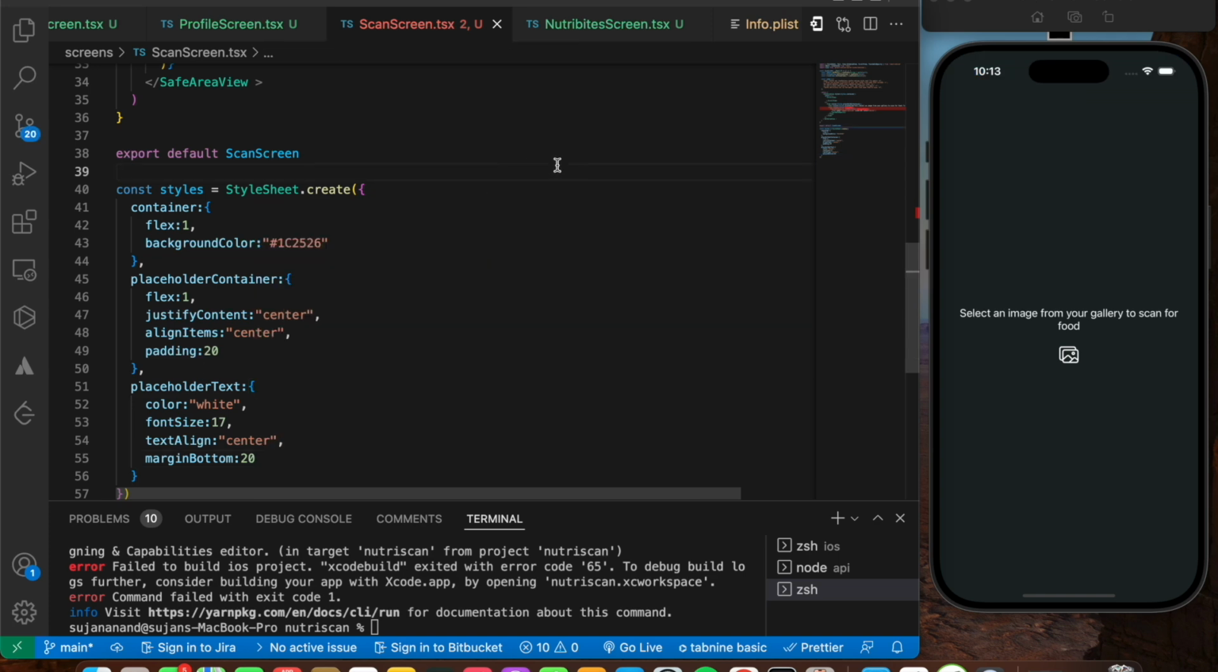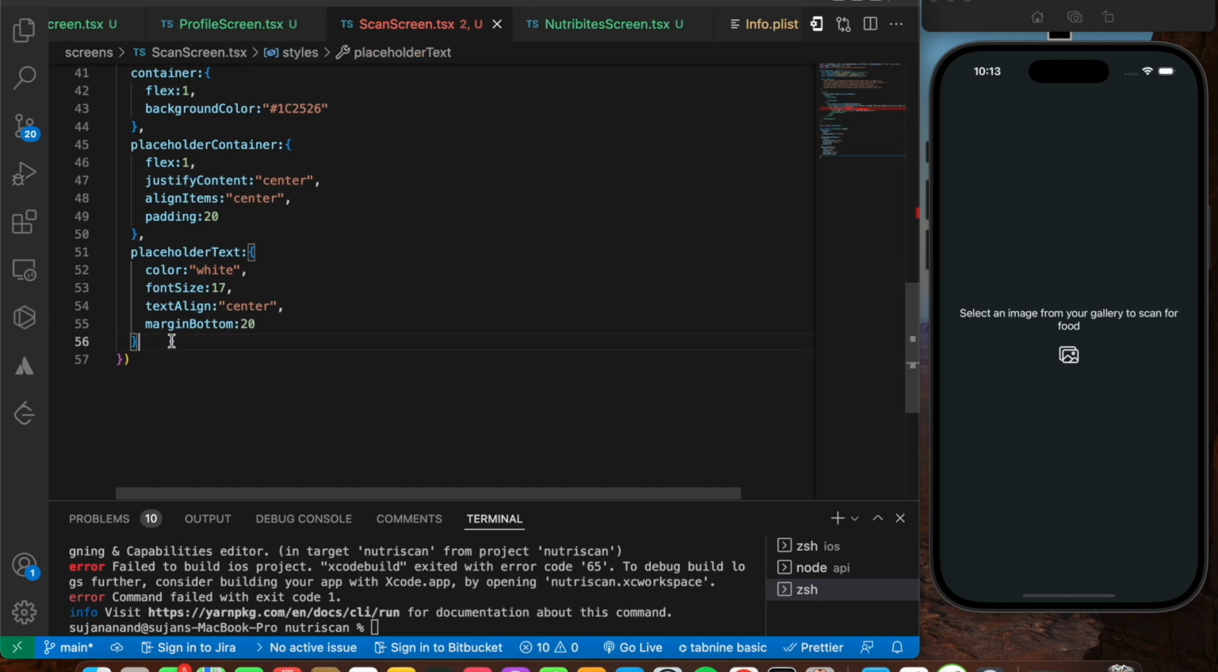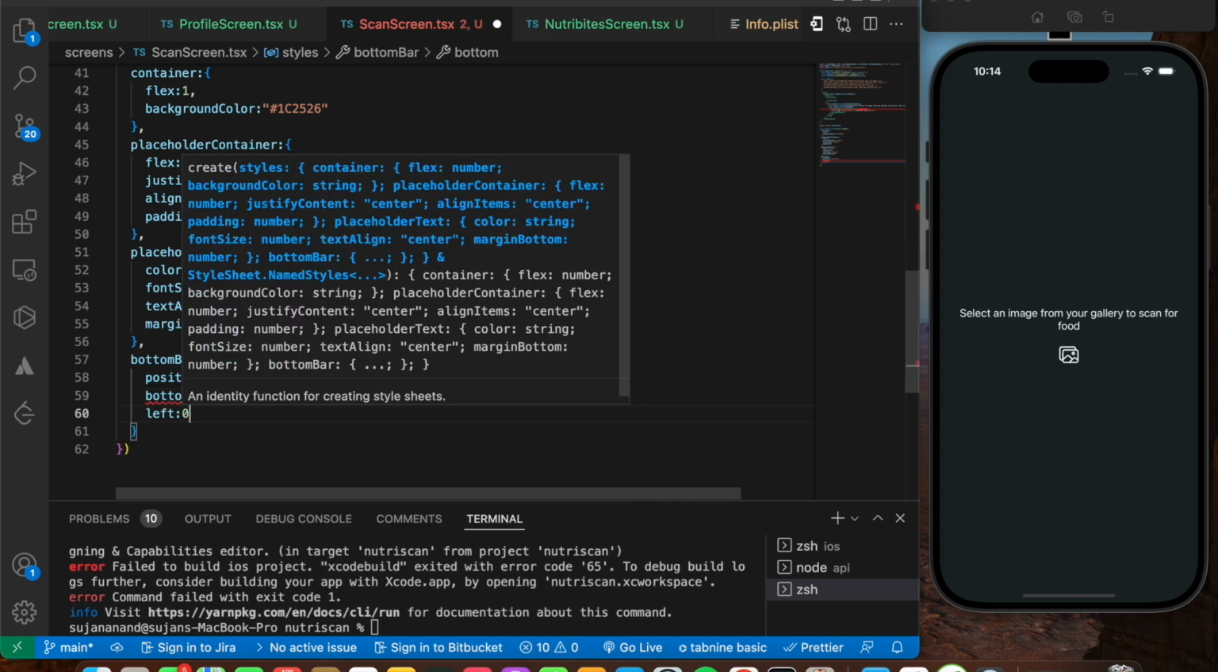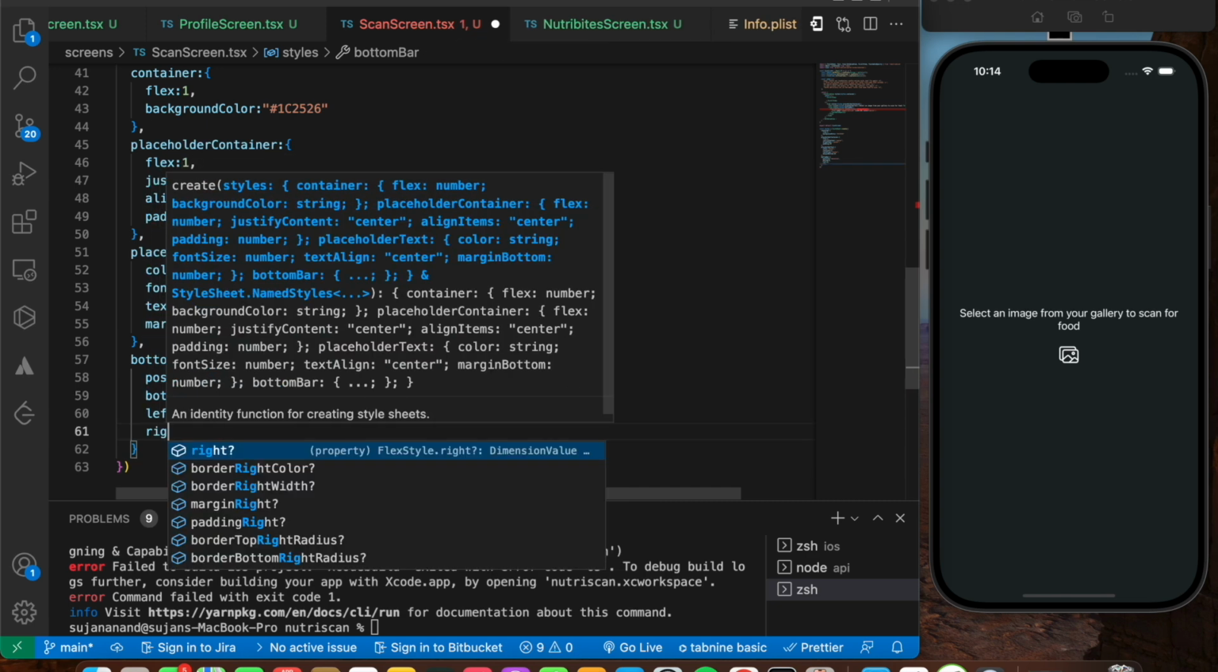So as you can see, that's looking good. So now the next part is we're going to start styling out your bottom bar. So let's start designing that. So here I'm going to say bottom bar. Initially it's going to have a position of absolute, and over here we're going to give it a bottom of 0 and then a left of 0 as well. Furthermore, right of 0,